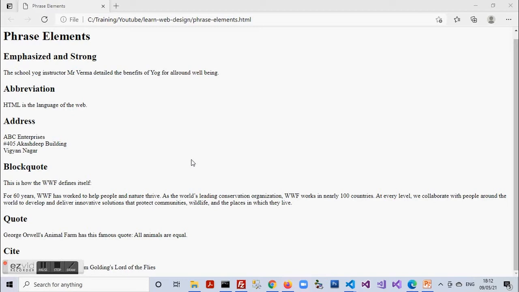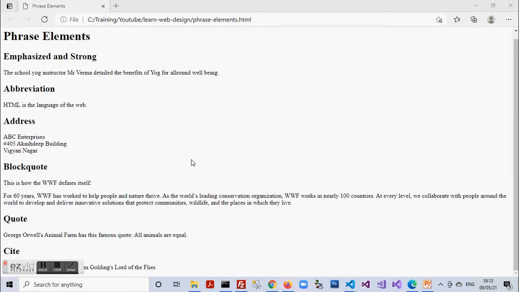And the cite tag is used for citation purposes. When within a document we want to give the citation or the source of the content, we specify it with the cite tag.